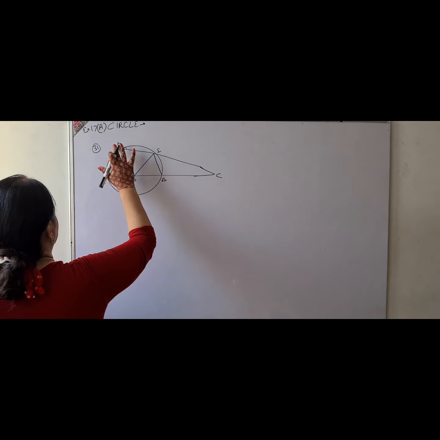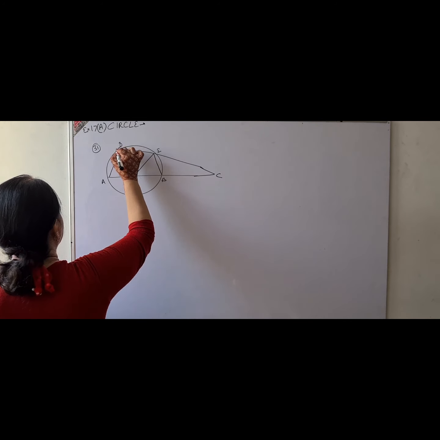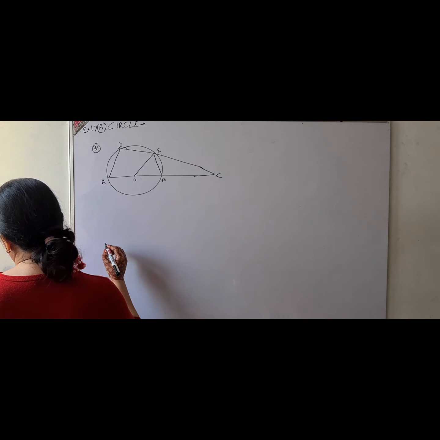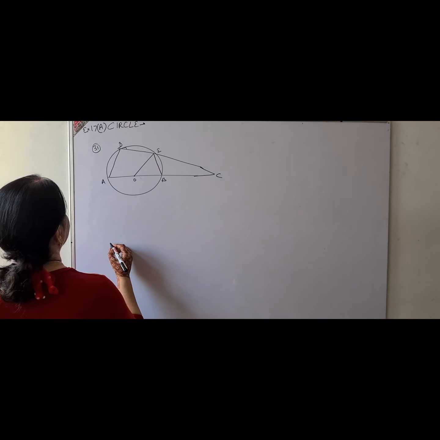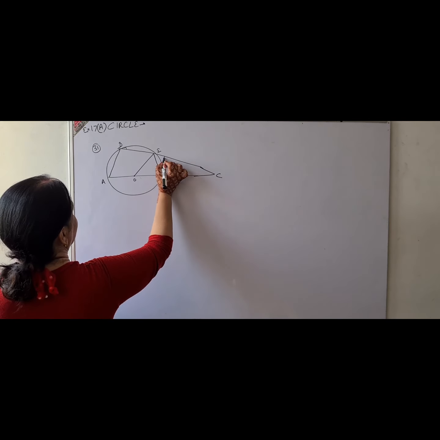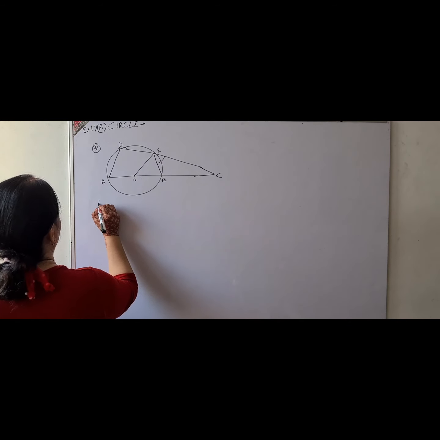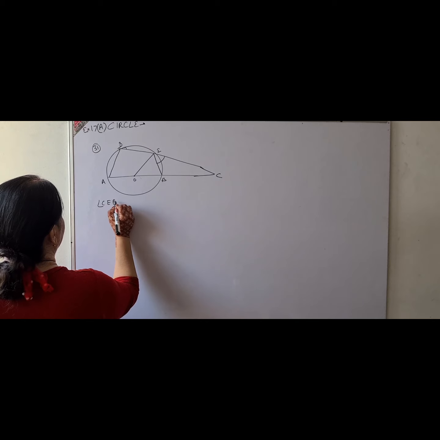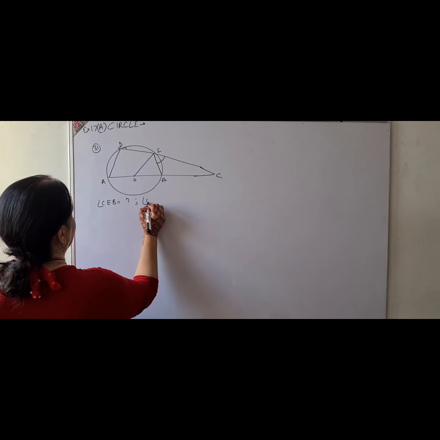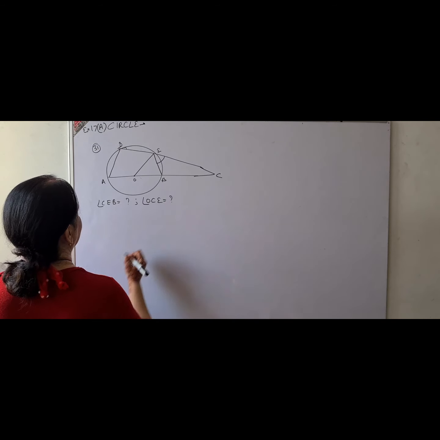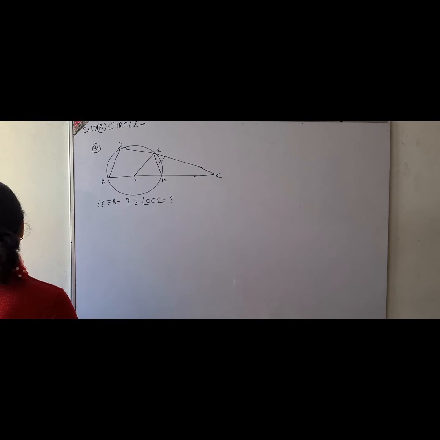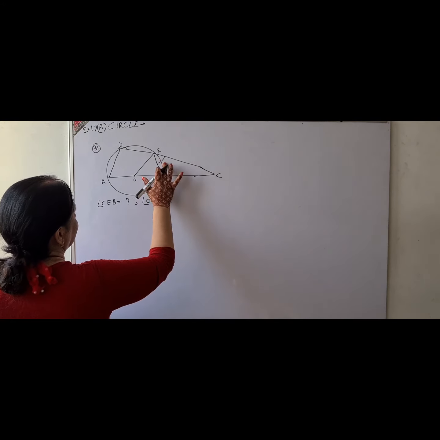Now see, again this question is very, very simple. And one of the very important, calculate the sizes of angle CEB, this size, and of course angle OCE. So I have to find CEB and OCE. Please make the diagram neatly and then just identify these angles which you have to find.